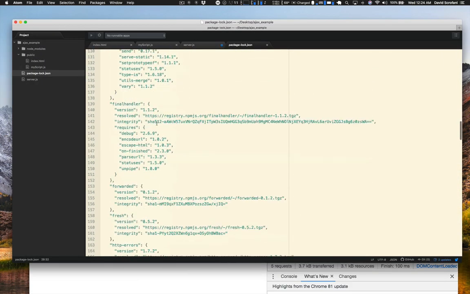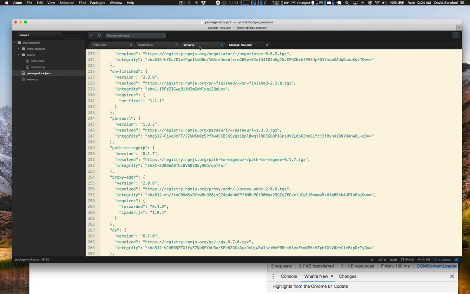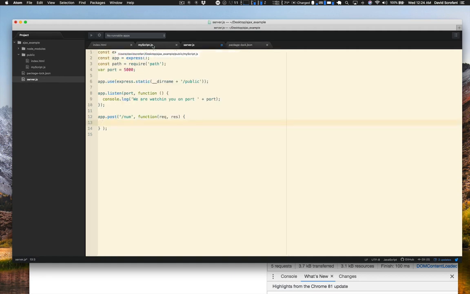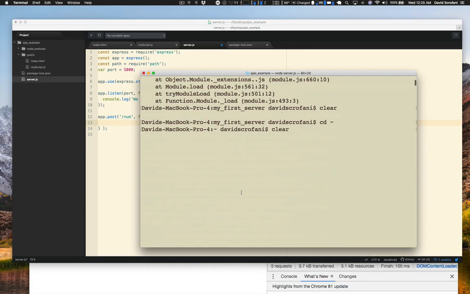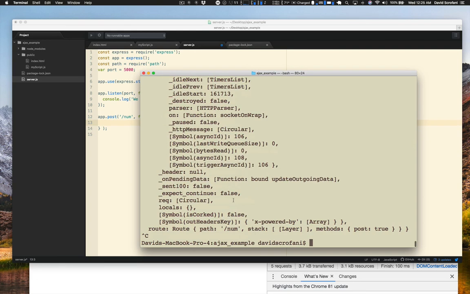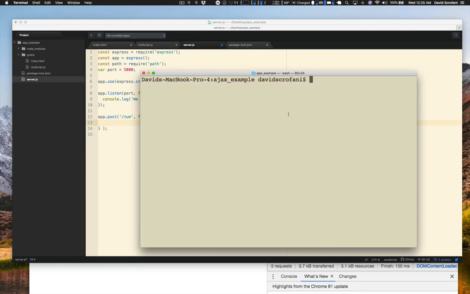But just in case, for those of you that don't have newer versions of Express and or Node, it traditionally used to have to be installed using npm install. So you'd go back to your terminal here, you'd quit your server, right? And let me clear it. So all right, there we go. And then you would type in npm